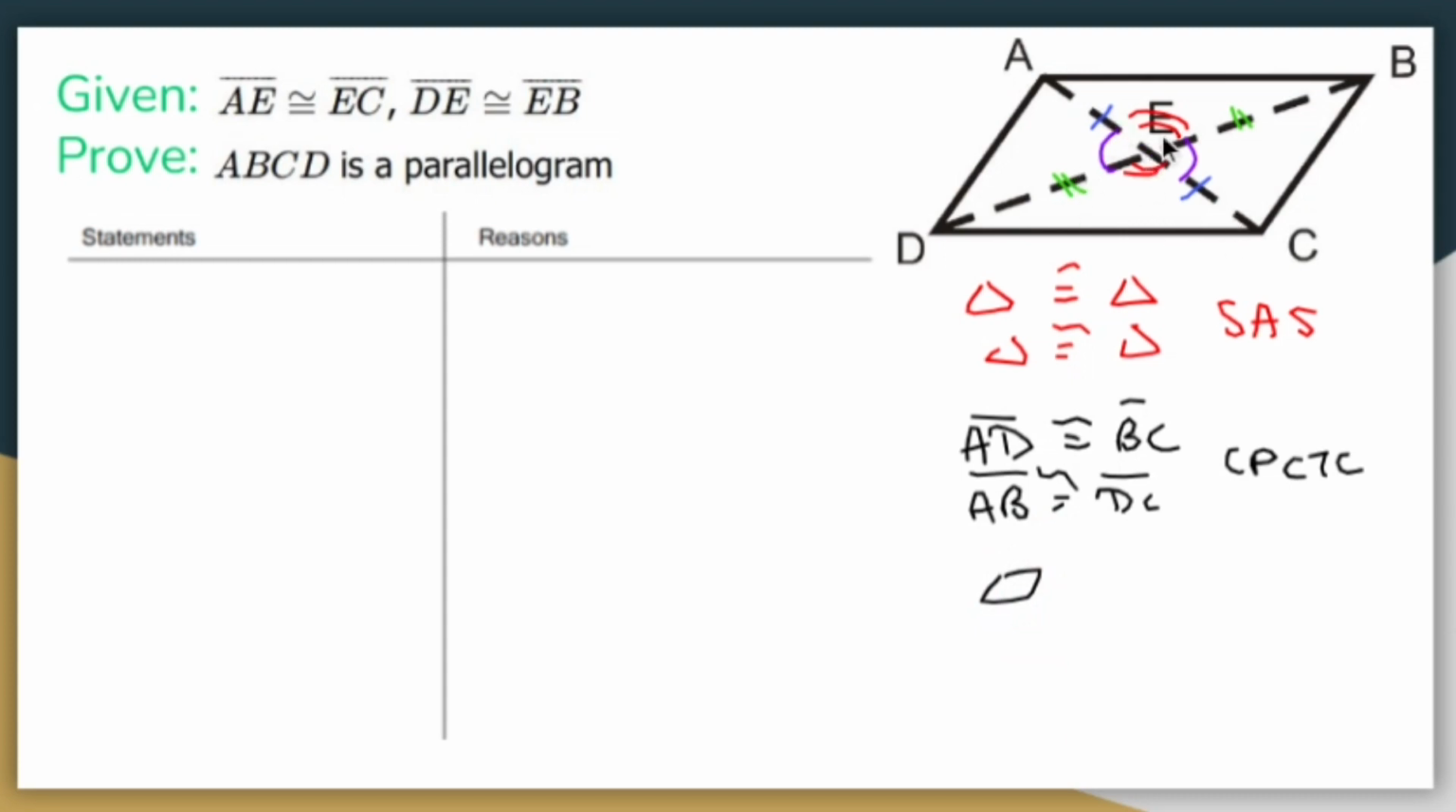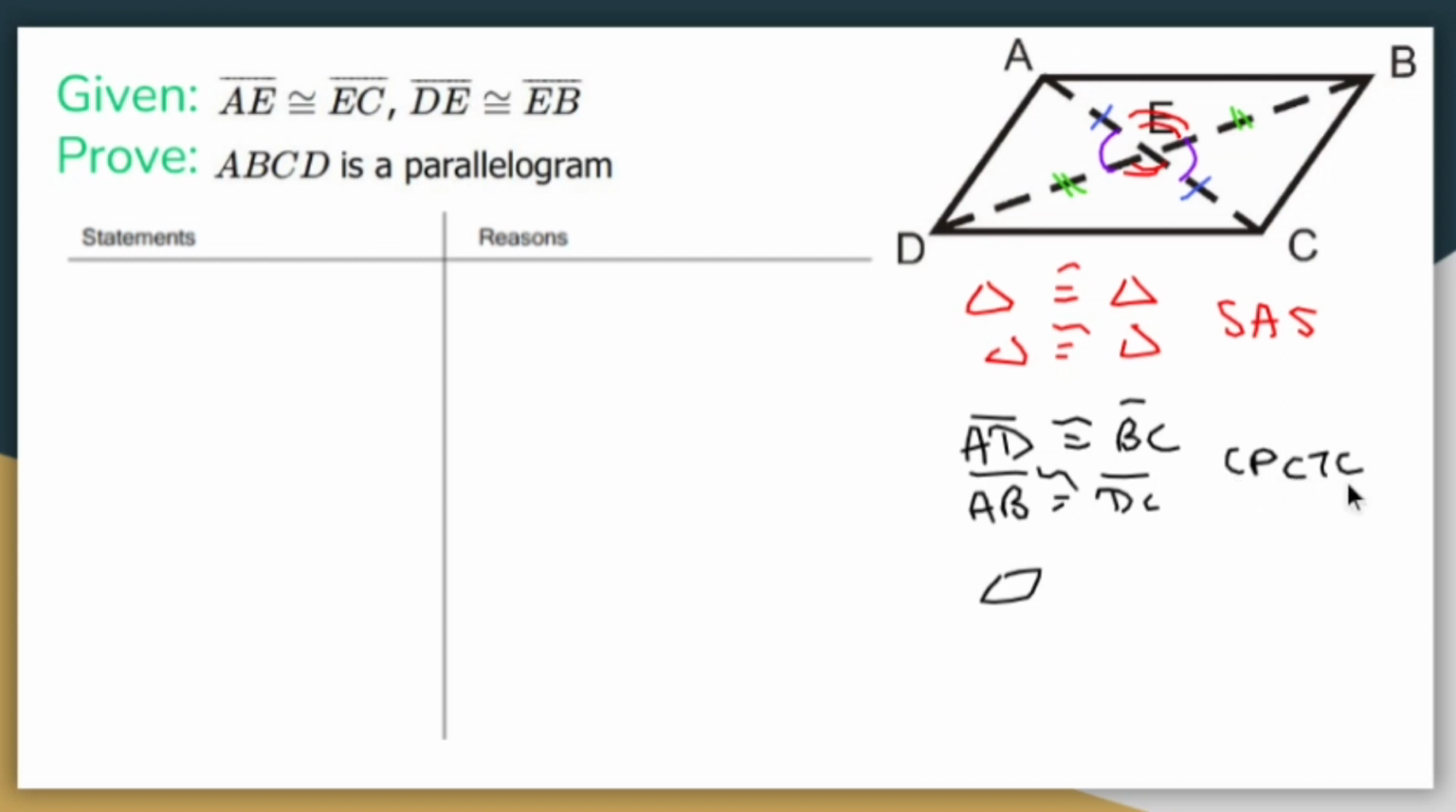I could use vertical angles to show that the purples are the same and the reds are the same. Now that I have side angle side twice, I could say the bottom triangle and the top triangle are the same. The left triangle and the right triangle are the same. And since they're the same, I could say that AD and BC are the same, and that AB and DC are the same, by corresponding parts of congruent